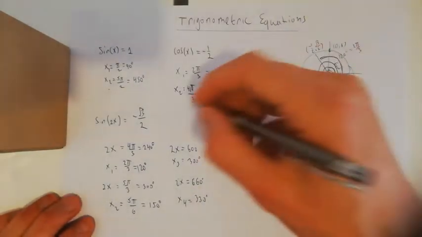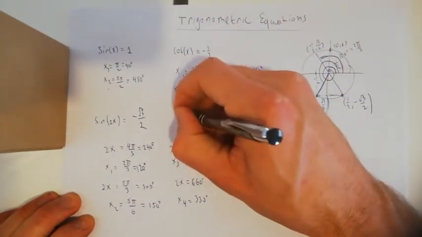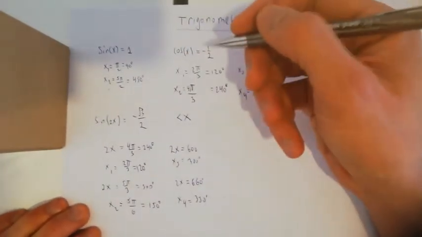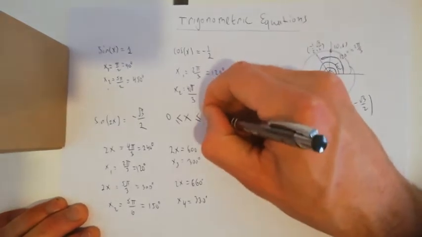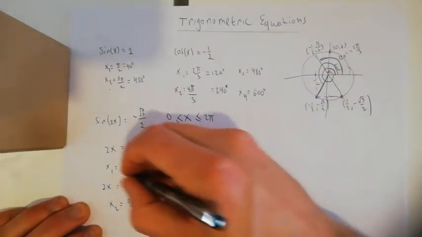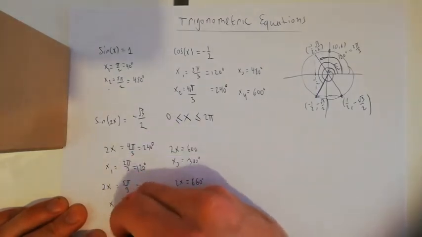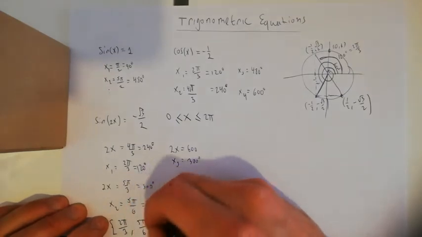Why is this relevant? Because sometimes, for example, we could be asked to find all the solutions between 0 and 2 pi. So here, all the solutions between 0 and 2 pi are 2 pi over 3, which is 120 degrees, 5 pi over 6, which is 150 degrees,